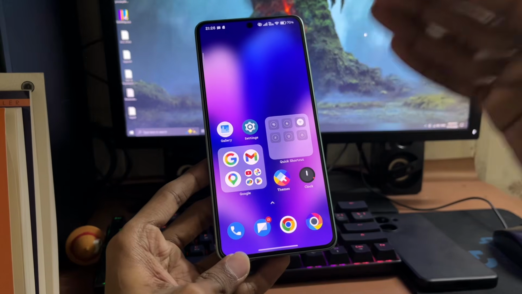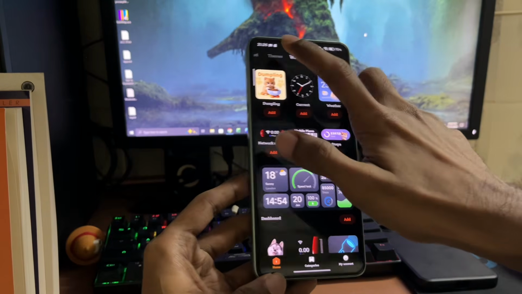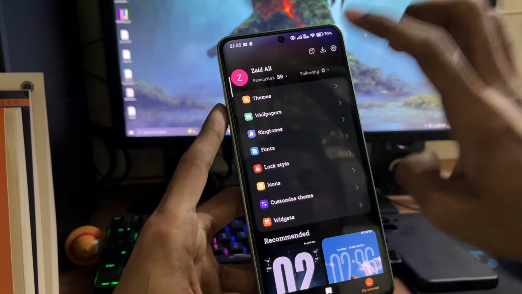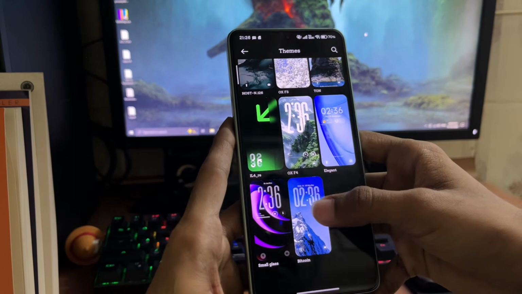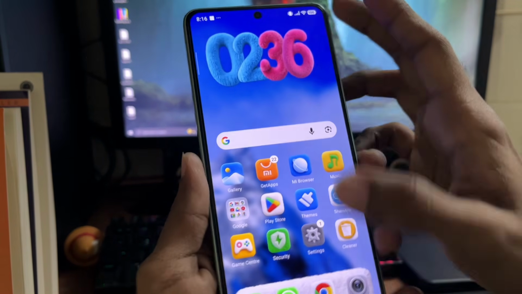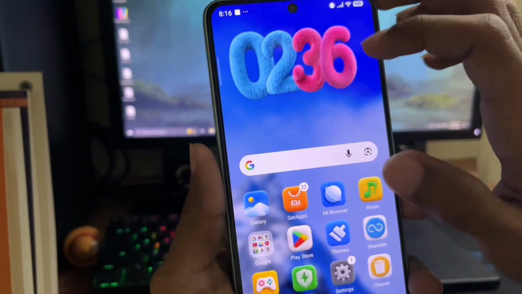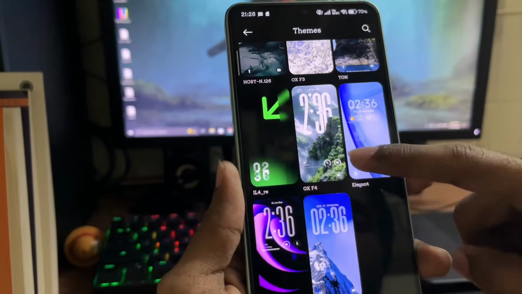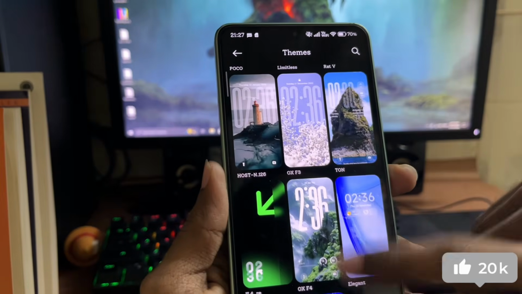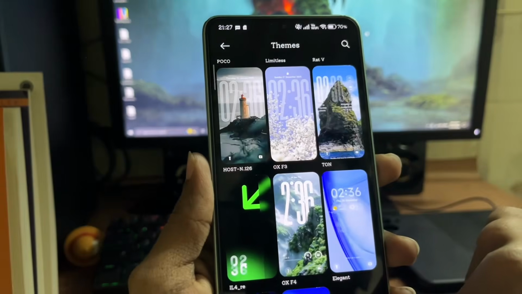First of all, you need some icon packs and themes, which you can download from the Themes app. To do that, open the Themes app, go to the themes section and search here. As I have already downloaded them, I won't download them again. See this one: it has the furry icon pack, which is the most trending icon pack nowadays, and it also has the furry time widget. The second one has a transparent icon pack. You can also download this small glass one, and this one has the Samsung furry icon pack. So this is the second step.